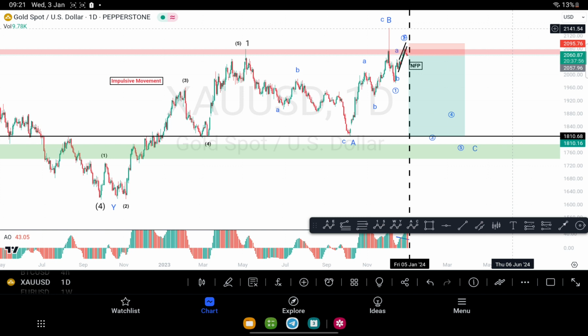Alright, so now let's get into the chart. But before I actually get into the analysis, I would just like to remind you of two things. One is that this week has a lot of important and big news, mainly being NFP. The non-farm payroll data released this Friday could really set the tone for how we see gold move for the next 3 months or the first quarter. That would really be a big factor in where gold goes.